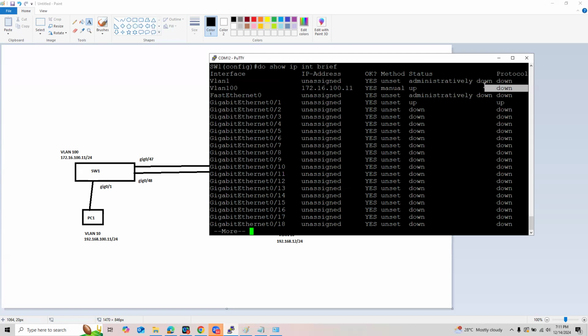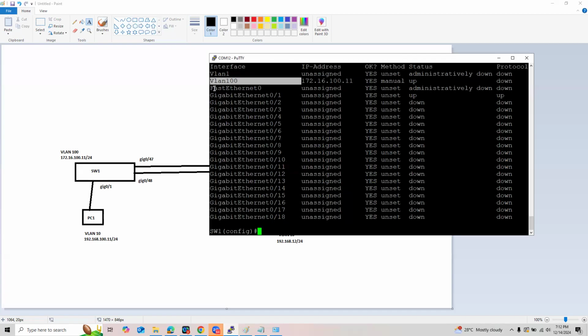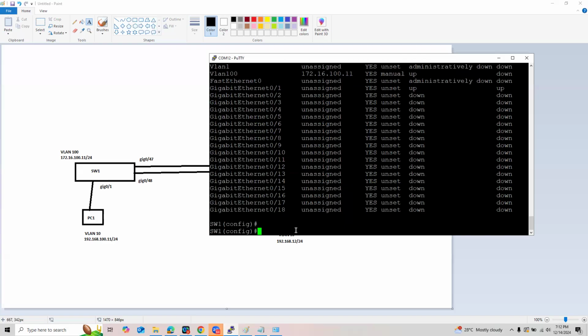So the requirement really is that there should be at least one physical interface associated with VLAN 100. All right? So let's fix that later. At least we have assigned an IP address already. And for the requirement of Telnet remote access, though it's not recommended, just for this activity, that is the simplest tool we can use to remotely access switch 1 from switch 2.